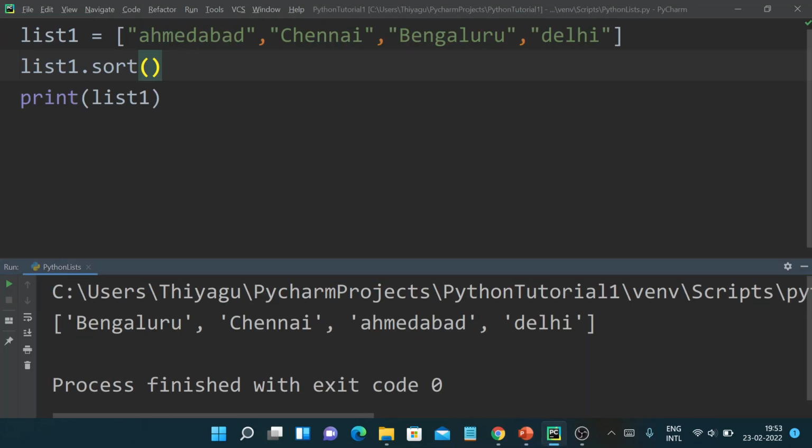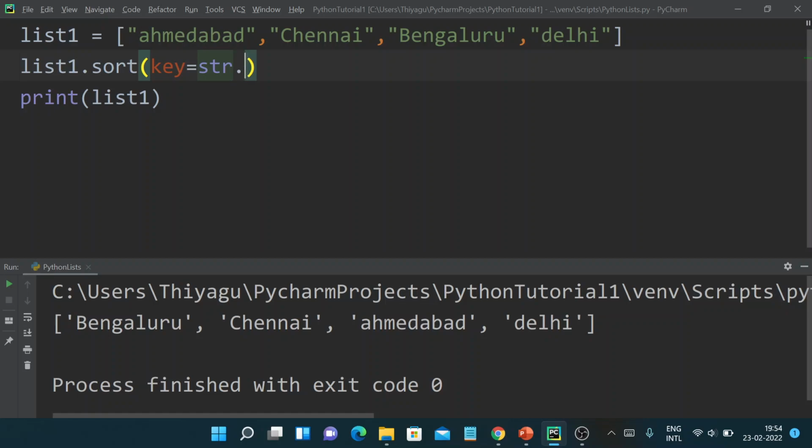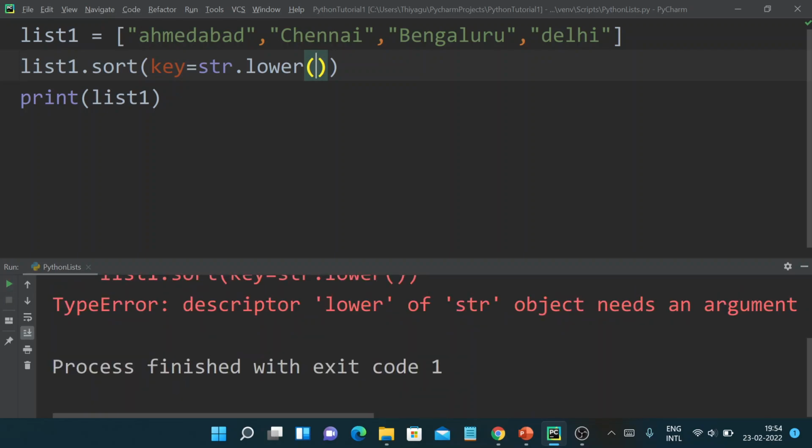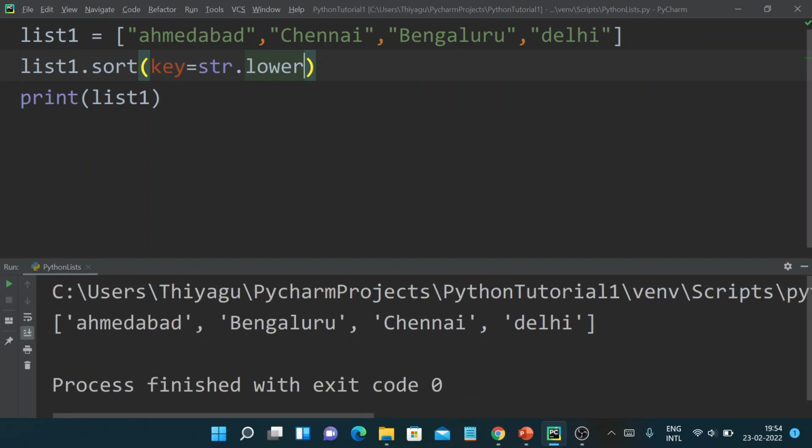In the sort method, we can pass a parameter called key equal to str dot lower, that is string dot lower. Now if I run this, oops, sorry, it's not a method, it's just a parameter. Now you see the capital letters are not taken into consideration. Ahmedabad, Bengaluru, Chennai, Delhi is displayed in correct order